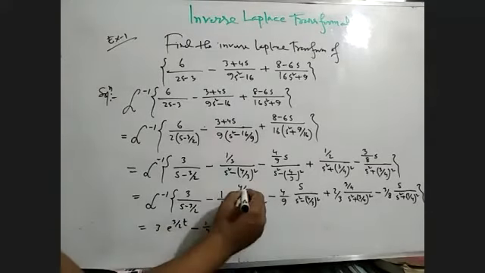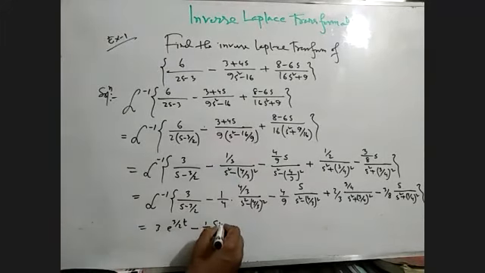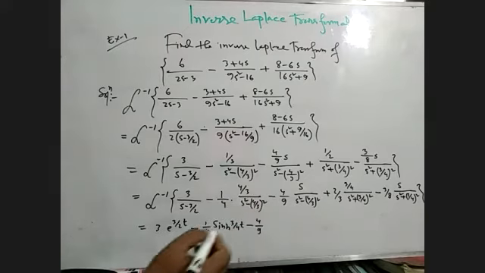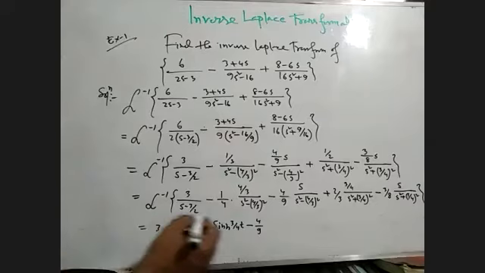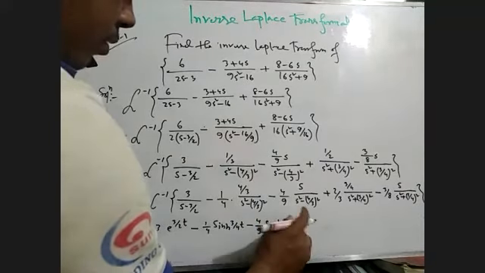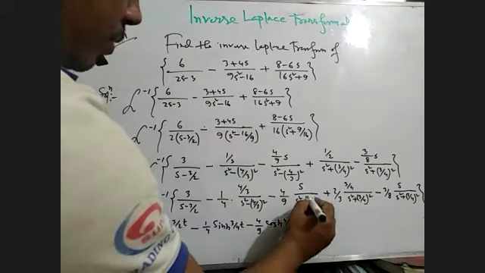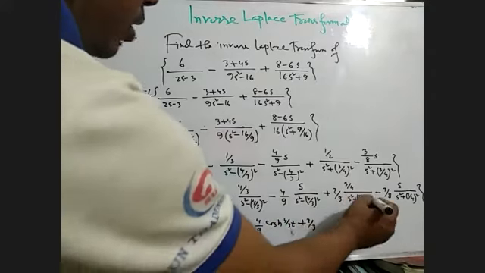What will this formula be? a divided by s square minus a square, the formula is sine hyperbolic a t, sine hyperbolic 3 by 4 t, minus 4 by 9. And s divided by s square minus a square, the formula is cos hyperbolic a t, cos hyperbolic 4 by 3 t, a means 4 by 3, plus 2 by 3, a divided by s square plus a square, the formula is